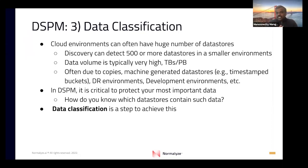The next stage, the third, is data classification. One of the things we talked about is I want to know the data stores and where they are. And the second thing is what they are, who has access to them. Second, the classification analysis helps us there. Third is about what do they have. Many times, as part of discovery, I've seen 500 to multiple thousands of data stores. To really manage the cloud environment at such a large scale, you have to really know what they contain. And typically, if you just add up everything, it's terabytes and petabytes of data. So the classification is very important